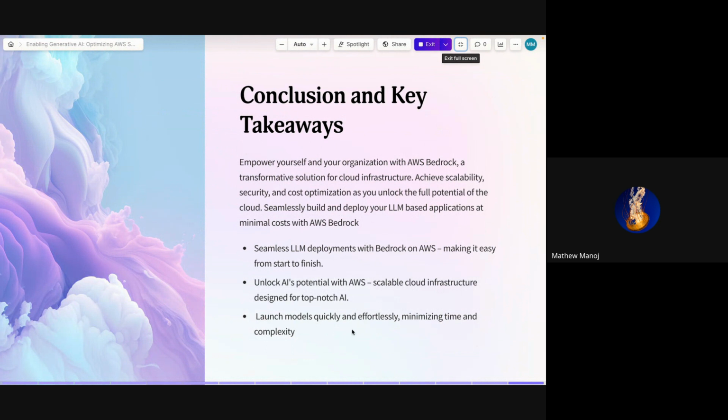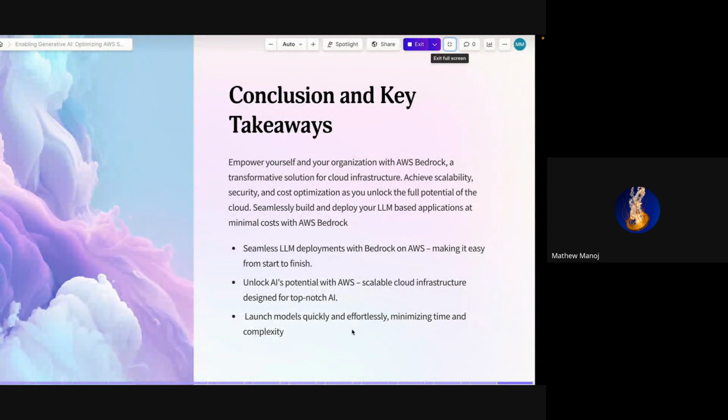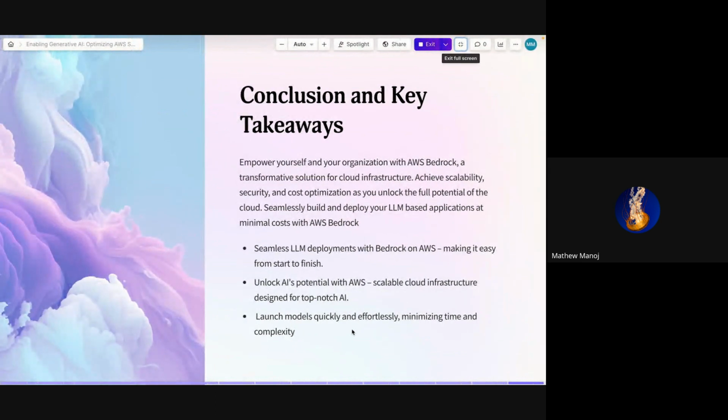And if you go down the line in the route of making your own startup, you can use AWS services to easily deploy your models. But yeah, this is about it for how you can use AWS Bedrock to make your own chatbot applications. If anyone has any doubt, they can let me know now.